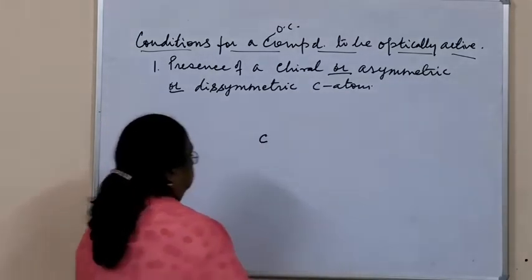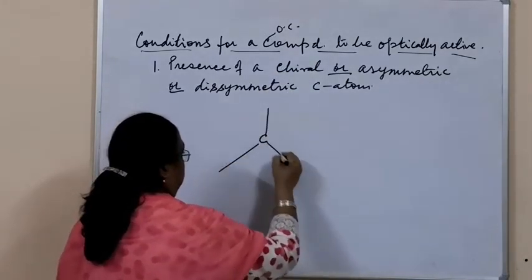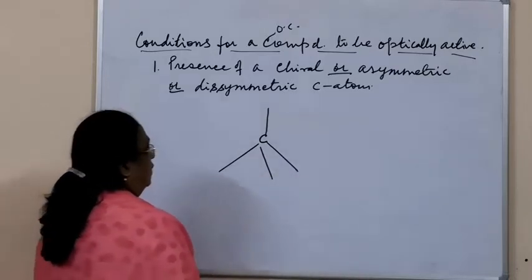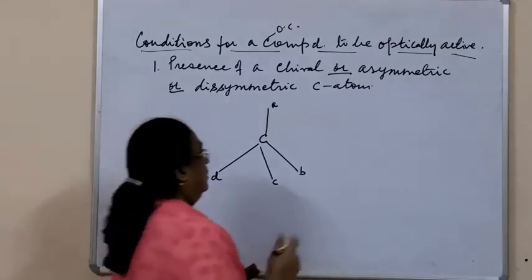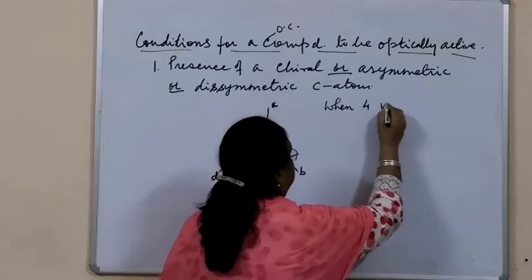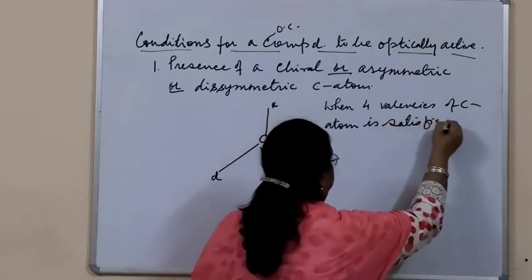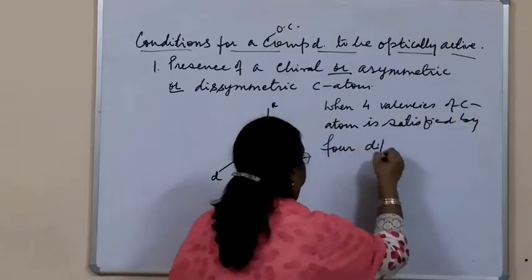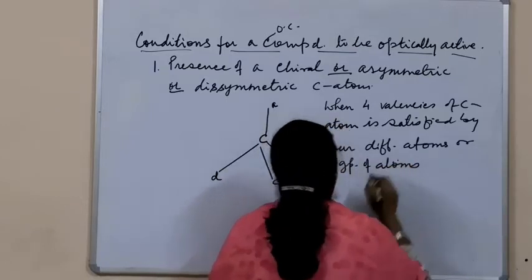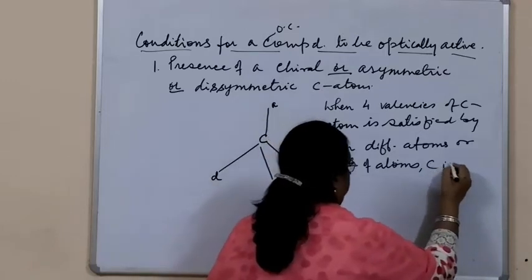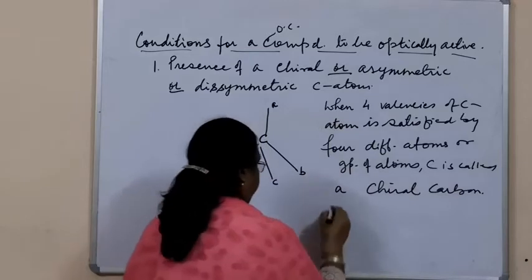Carbon valency is 4, you know, and this 4 valency is tetrahedral. We have done this earlier. This is the tetrahedral shape. So if all the 4 valencies of a carbon atom are satisfied by 4 different atoms or groups of atoms, then the carbon is called a chiral carbon, and we mark